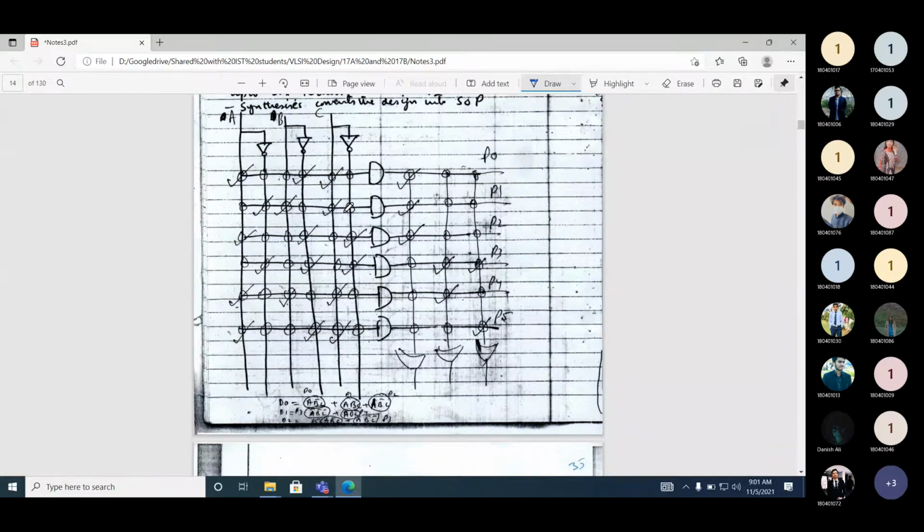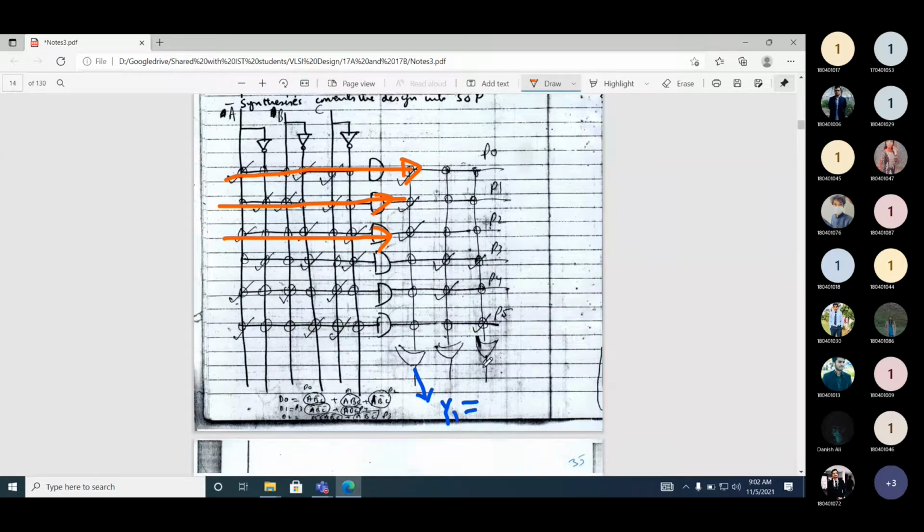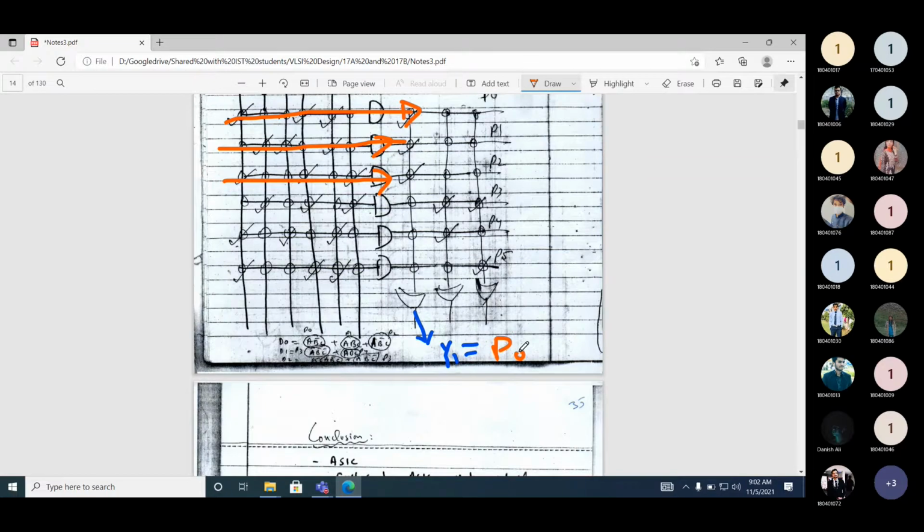If you look at here, now let's assume we are only interested in this function, y1. Which terms have we used? Can you see here? We have used this one, this one, and this one. So y1 is equal to P0 or P1 or P2.